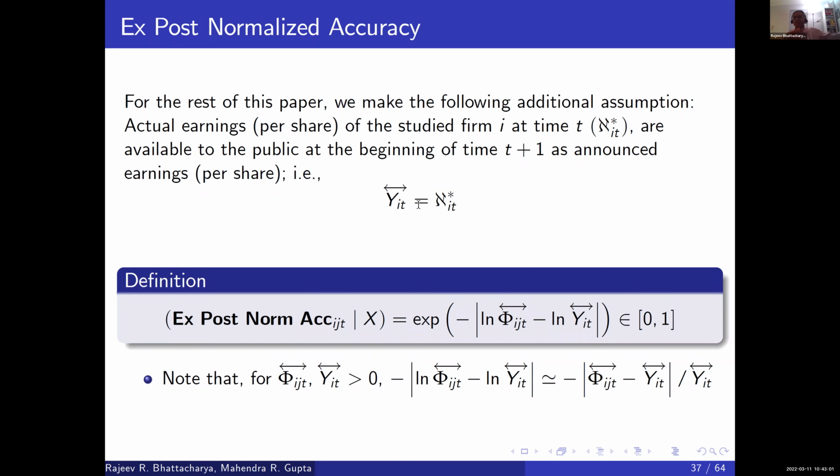Okay, so far as we have mentioned, we have made no assumptions about the disclosure of the earnings announcement at the beginning of quarter T+1 being equal to actual earnings. And so for probability of diligence, probability of objectivity, probability of moral hazard, we don't need them. But for the rest of this paper, we will make this assumption that the actual earnings are revealed at the beginning of the next quarter, which gives us a standard measure of the ex post normalized